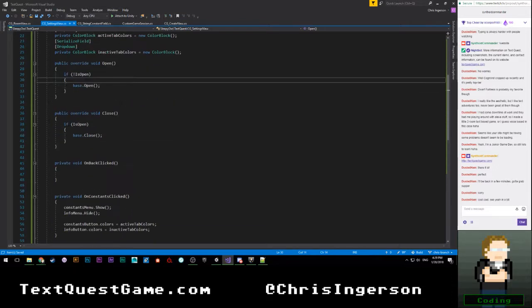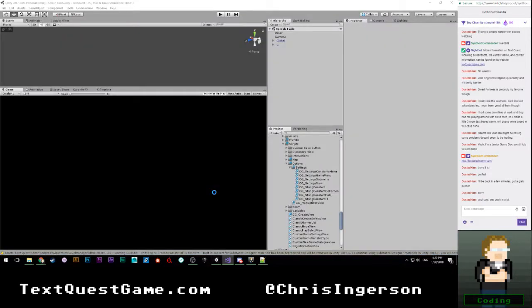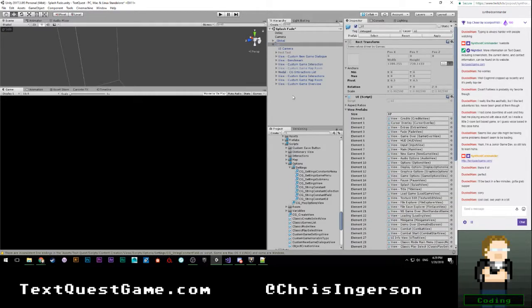Okay, let's go ahead and let this compile. That should more or less let us actually start laying things out visually. Let's go ahead and open this up, and we'll just start from scratch, I guess. Let's go ahead and make a new menu, once Unity compiles, of course, because I had the audacity of trying to do stuff while it was compiling.